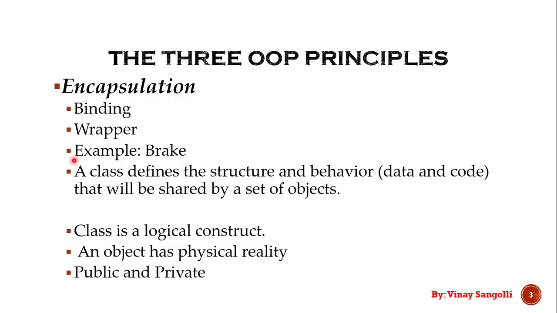Okay. Now, the best example for it is the automobile brake. What actually does a brake do? You just know that when you apply a brake, the vehicle will stop. But to do this, inside the brake there are n number of things. Say, there is a rod which would pull, and then it would be connected to a wheel, and n number of mechanisms. So a brake, to see, is just a pedal wherein when you press it, the brakes will be applied. But there will be n number of processes happening inside.